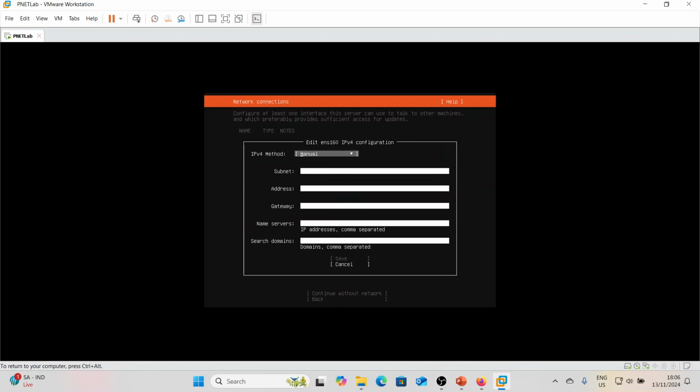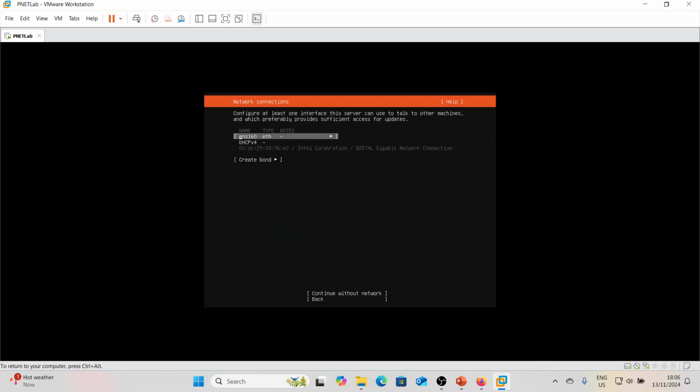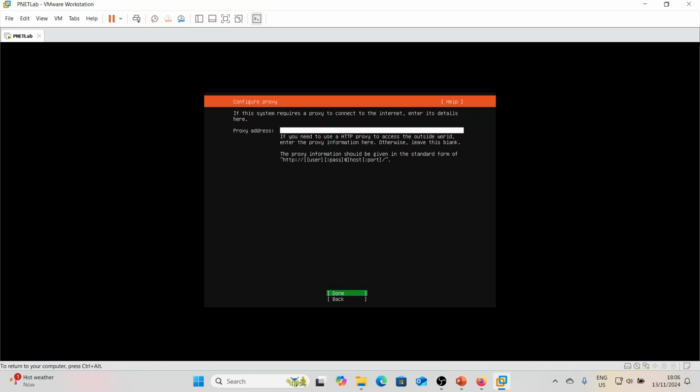We'll change this to manual. We'll specify our subnet. In my own case, it's 192.168.0.0/24. IP address: let's use 192.168.0.251. Our gateway is going to be 192.168.0.1. For name server, we're going to use Google's DNS, and then we'll click on save. When we are done, we'll scroll down and select done. We'll click on next,